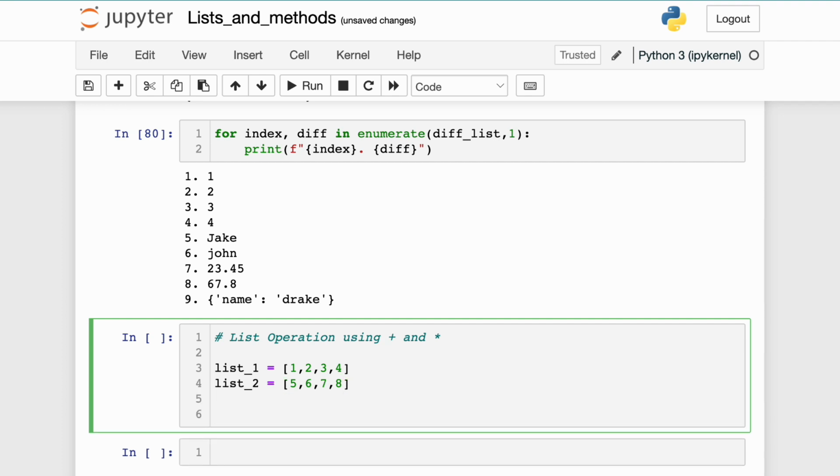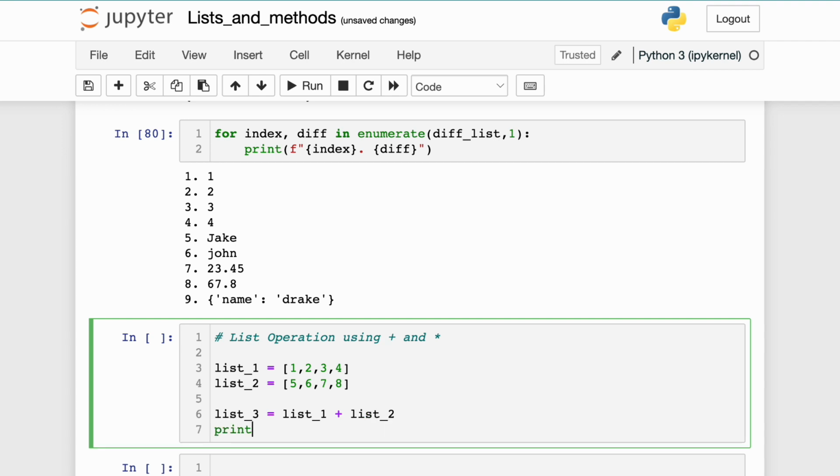I'm going to use the addition sign to join or concatenate these two lists together, and the second list is going to extend the end of list 1. So let's demonstrate it over here. Let me store it in a new variable, list underscore 3, which is going to hold list underscore 1 plus list underscore 2. And now when I print list underscore 3,